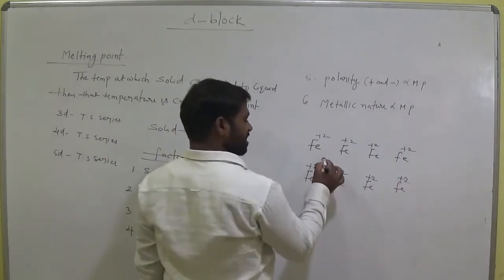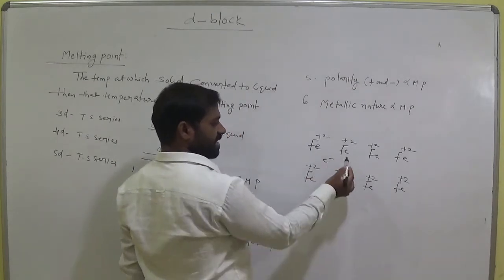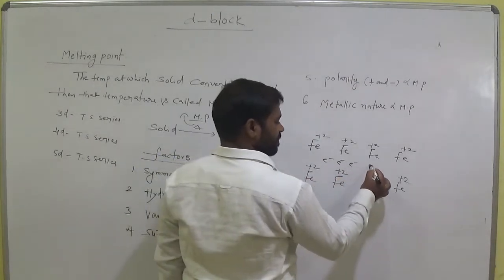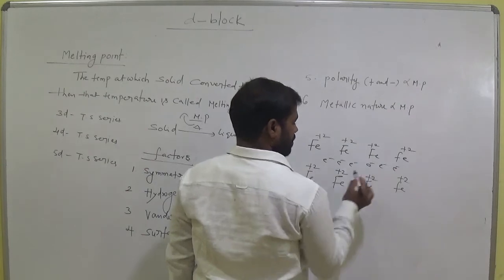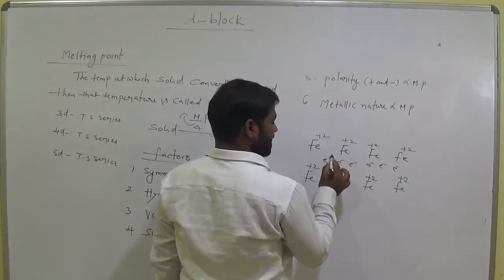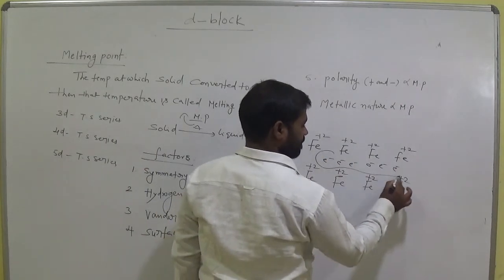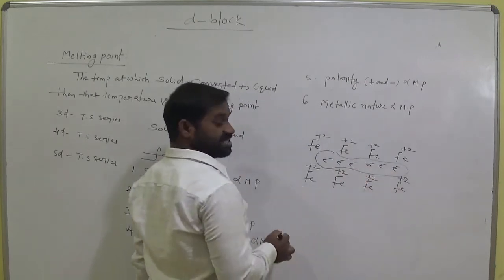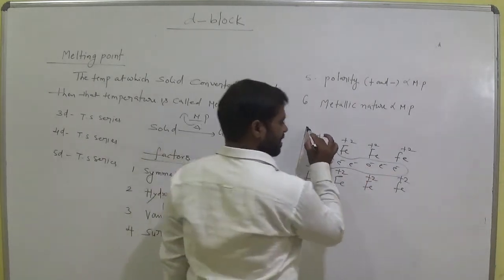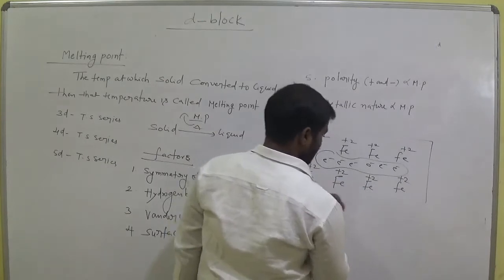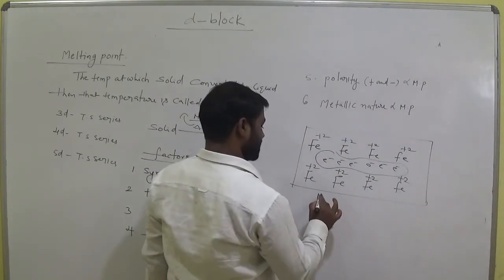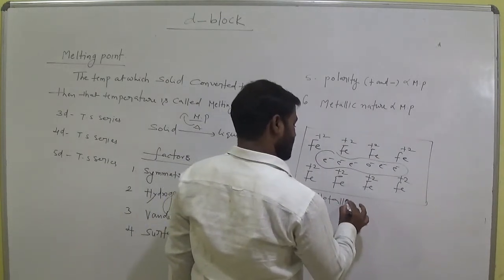So now these are all the electrons released by iron. Clear? So electrons are available here. This is simply a metallic crystal. Iron is a metal or not? Metallic